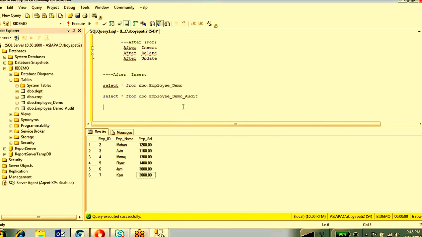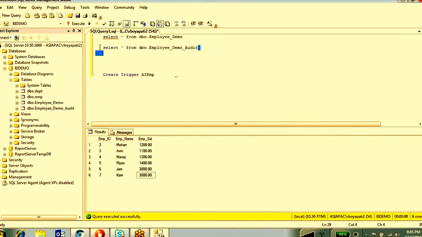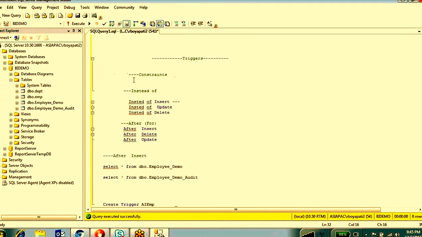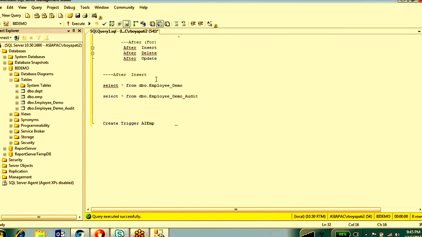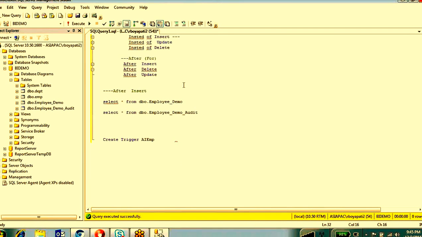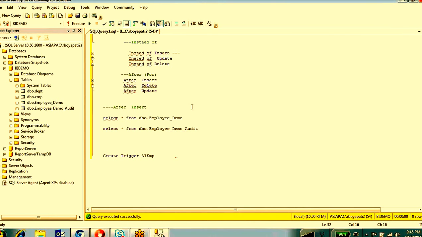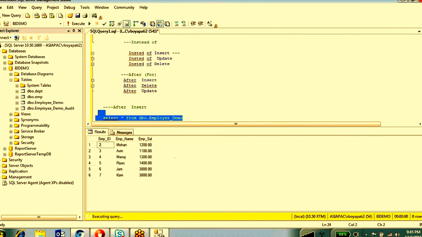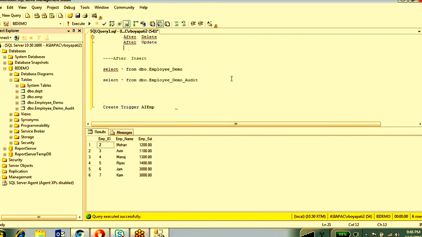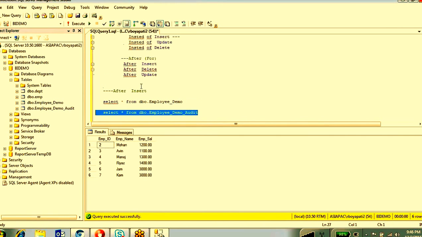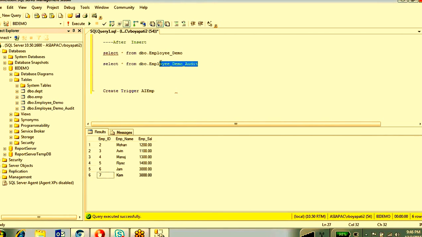And this is the audit table. I want to audit information. For example, if anybody inserts data into this table, I want to track that in this table. And if anybody deletes a record, deletes any employee from this table, I want to track that record in this audit table.